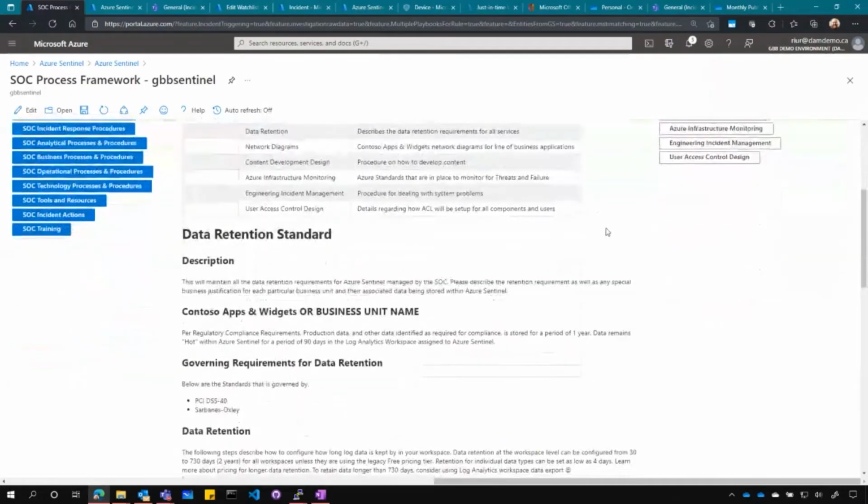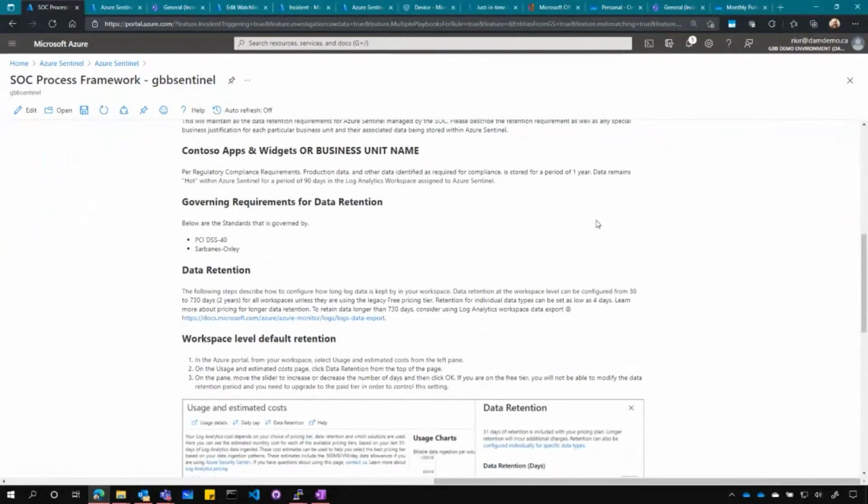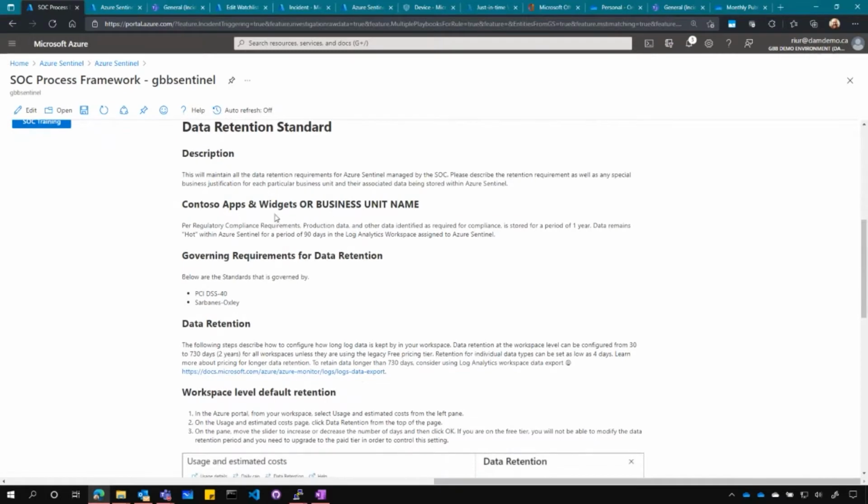Let's transition now to data retention. You can go and look at data retention inside your Sentinel instance. So that's nothing new. But what we've done here is we've broken down data retention into a standard, right? So looking at it from governing requirements, PCI, Sarbanes-Oxley, HIPAA, or other government-related,